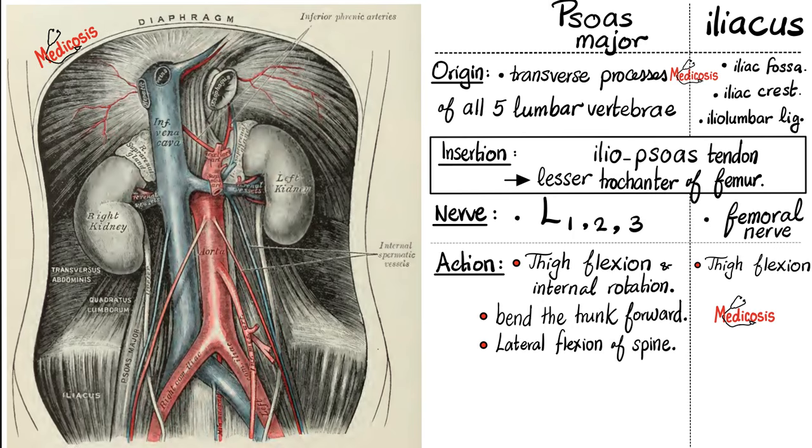Iliacus muscle. Origin. I'm called iliacus because my origin is from the iliac fossa and iliac crest and iliolumbar ligament between the ilium of the hip bone and the lumbar vertebra. Insertion is the same as the psoas major into the lesser trochanter of the femur after passing deep to the inguinal ligament. Nerve supply of iliacus is from the femoral nerve, and action of the iliacus is to flex the